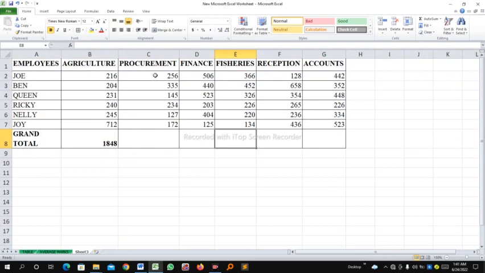Then for the other departments, that's procurement, finance, fisheries, reception, and accounts, it's not compulsory that you do the calculation for each. After doing the first one, because the other departments will have the same formula as the one for agriculture, we just click on this cell, the grand total for agriculture. Then at the bottom right corner of the cell, you point there to bring you a plus sign. Then you drag it to the last cell where you want your calculation to be done,